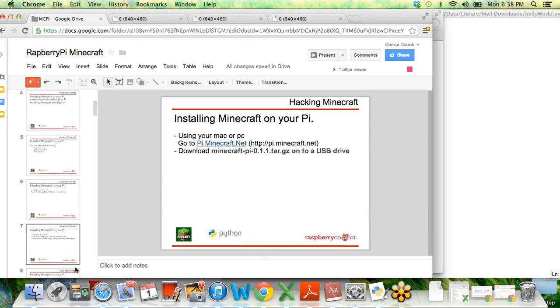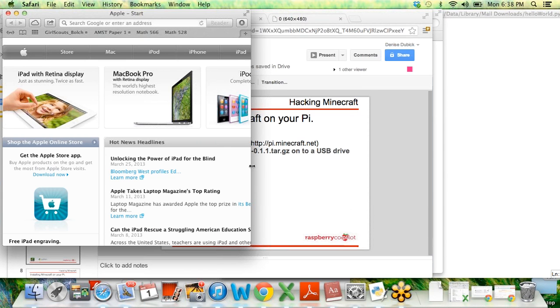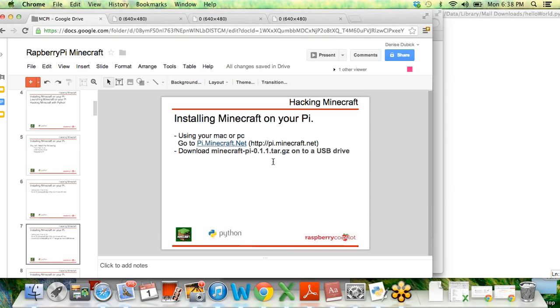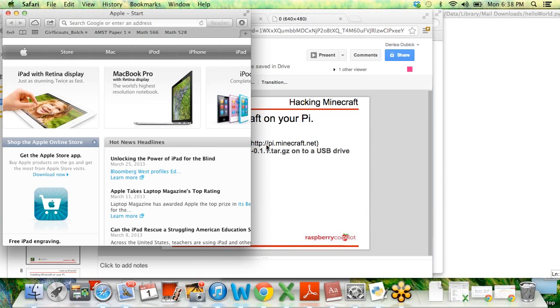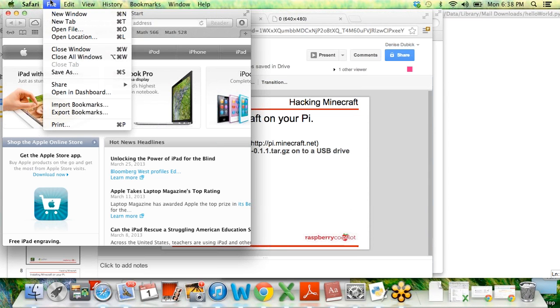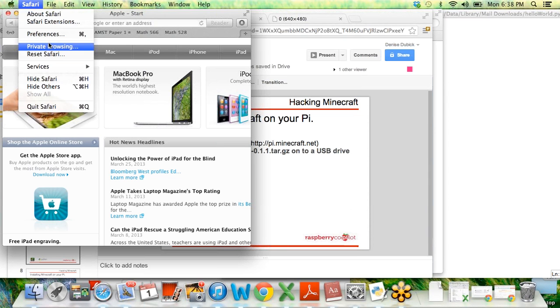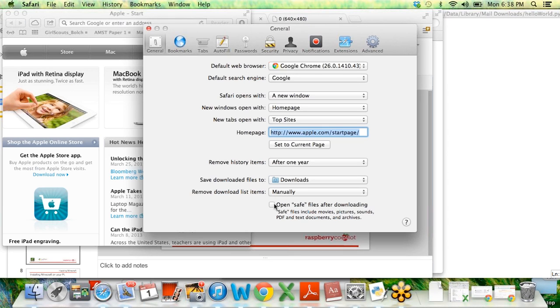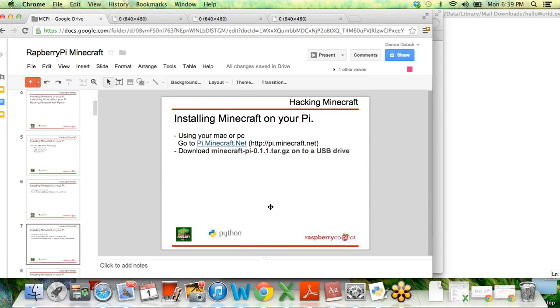If you are using a PC, it'll be a zip file and it'll work great. But if you're using a Mac and you are using Safari, Safari is going to try to take away that .gz. So what you have to do is go into Safari, Preferences, and unclick this checkbox. Kind of frustrating that they do that as the standard. Make sure this is not checked, and that way when you download the file, that .gz